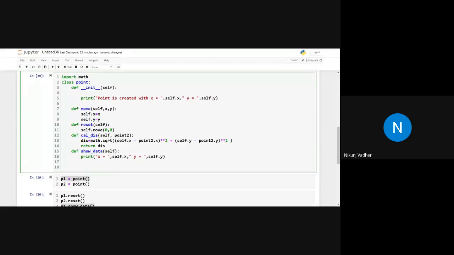So what is that method? Either we can call the reset method or we can call the move method.